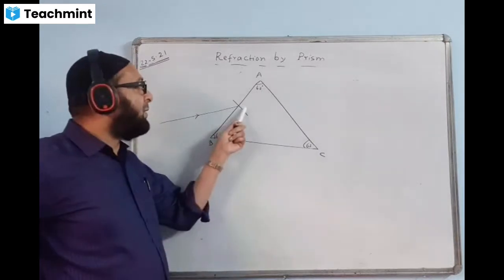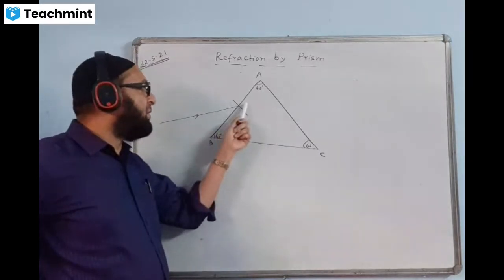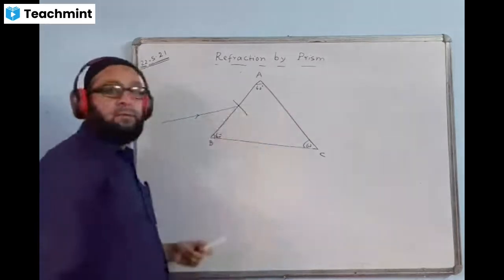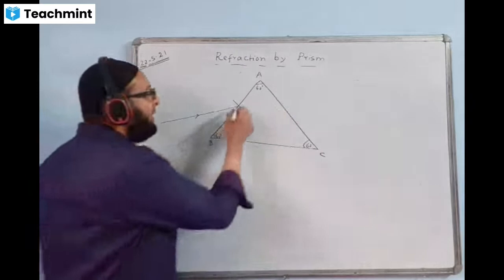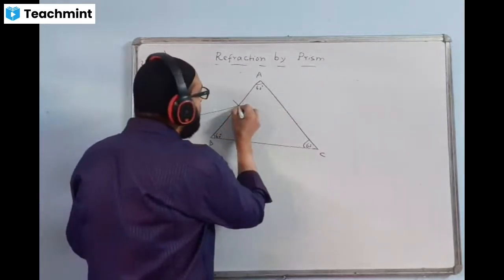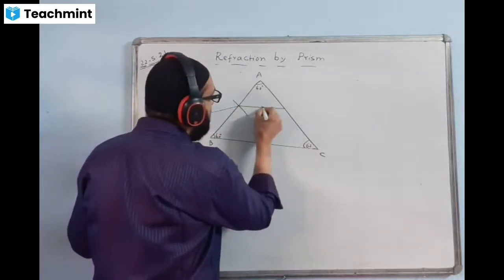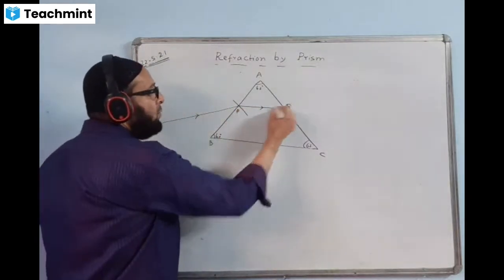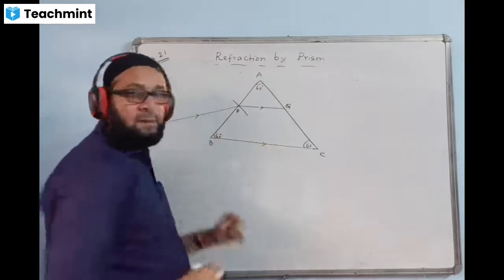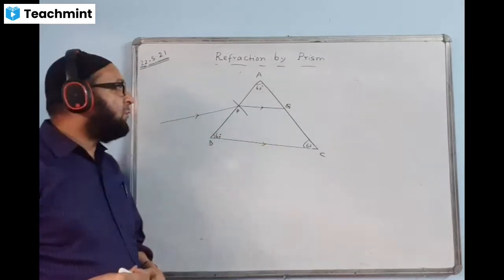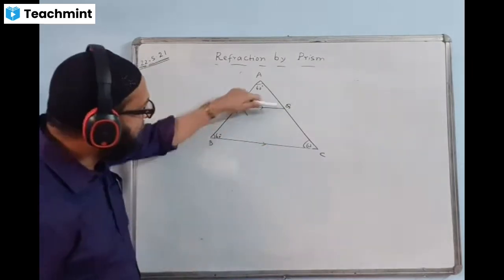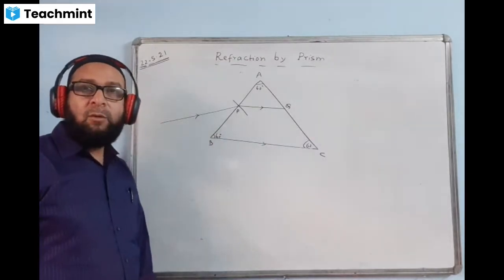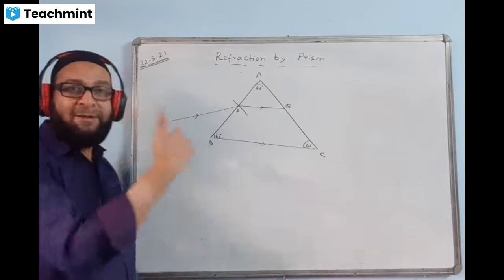When the angles are 30 degree, the remaining angle will be 60 degree. The line within the prism will be exactly parallel to the base. That means you draw a line exactly parallel to the base like this. If I mark PQ, so PQ is parallel to BC. The line PQ you draw should look parallel, because I don't have a ruler, so this is my freehand diagram and it may not look parallel, but you should draw it exactly parallel.